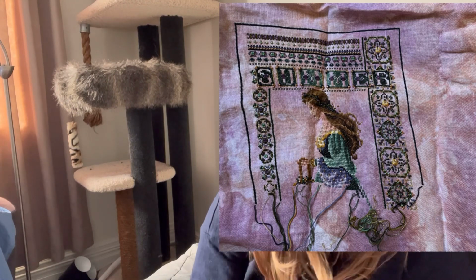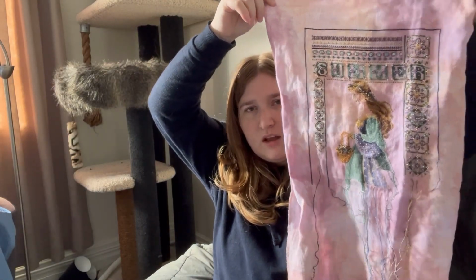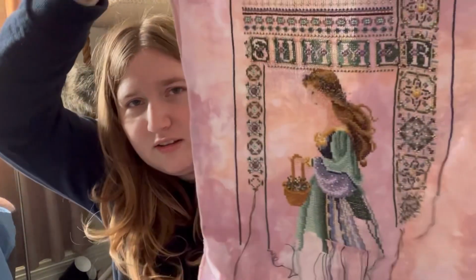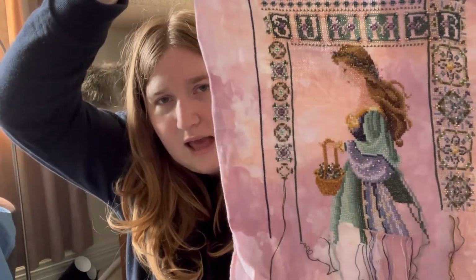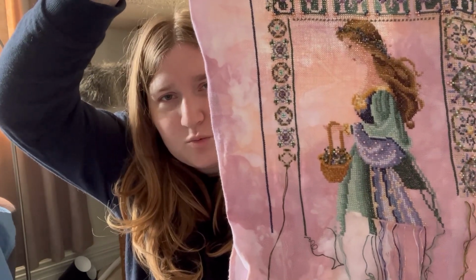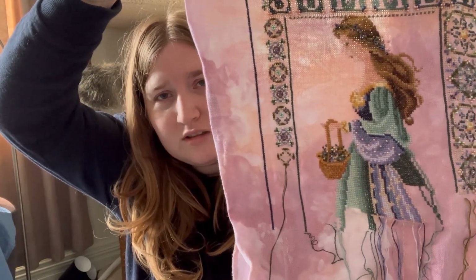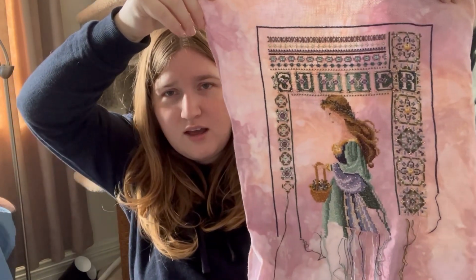So here we go. This is where I got to on it. This is probably a little bit better lighting. I worked on some beading, and I did some more on her dress and was working my way down on it. I'm really happy with how Summer's coming along,